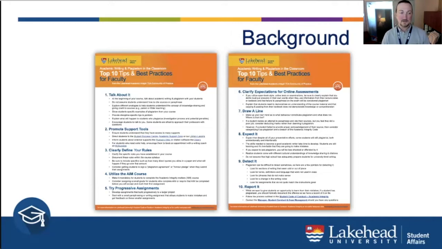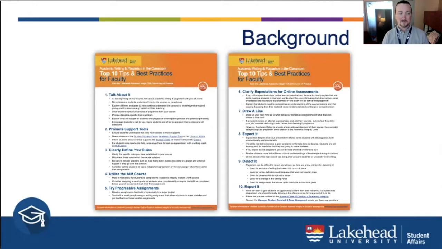So we developed these resources for faculty who haven't been able to attend. We figured that we're talking about some solutions. Collectively, we're coming up with what we feel are best practices. And we're figuring, let's share these on the Student Conduct webpage, on the Teaching Commons website, and just get the word out outside of the group to help others out at Lakehead, because it is nice to have something that's specific to our institution.